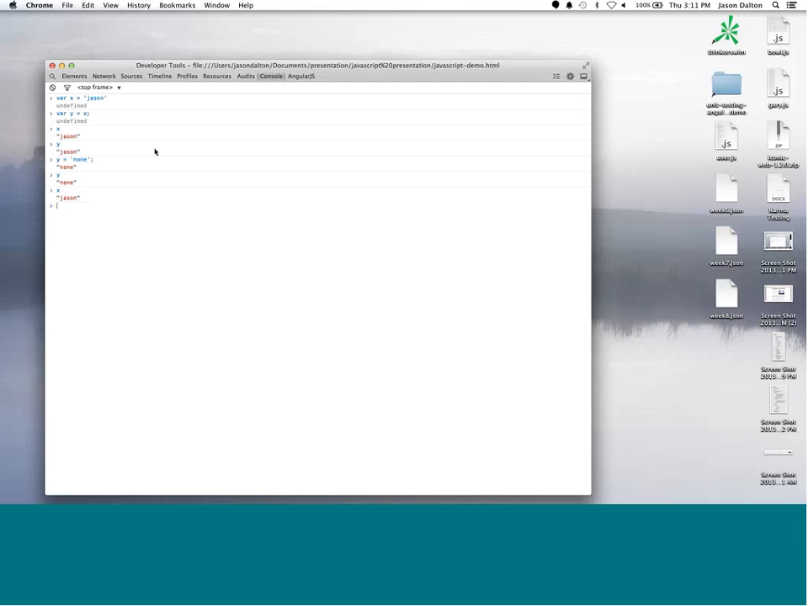That is because primitive values are passed by value. They are not passed by reference. So if you change one, you're just changing the value of it. Whereas with objects, it's a little bit different. So if I do a var x equal to this object, that has a .name,